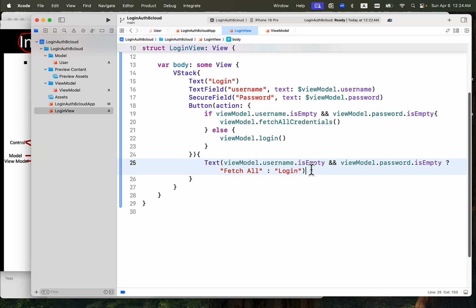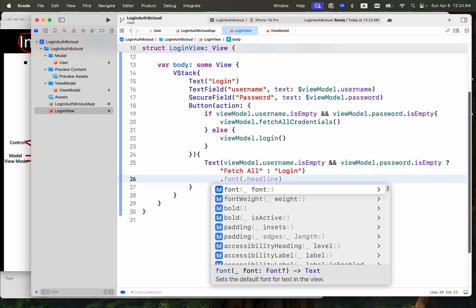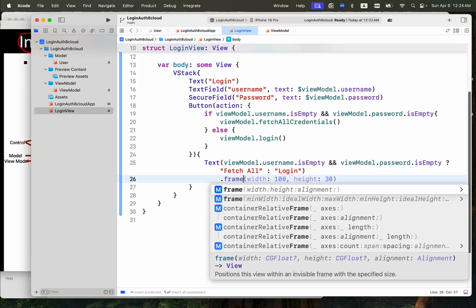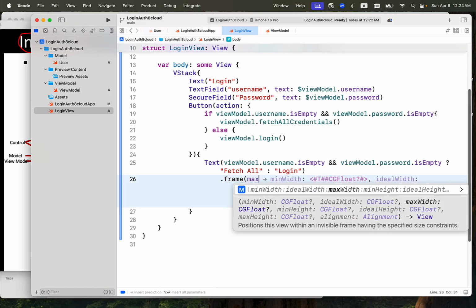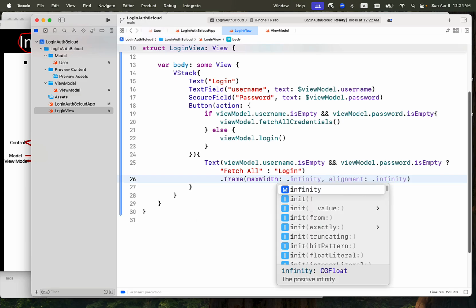And then we make here some frame, max width equal infinity,